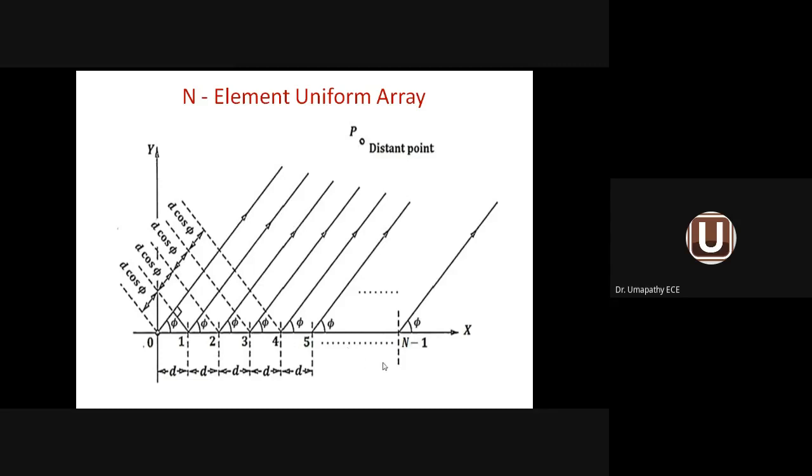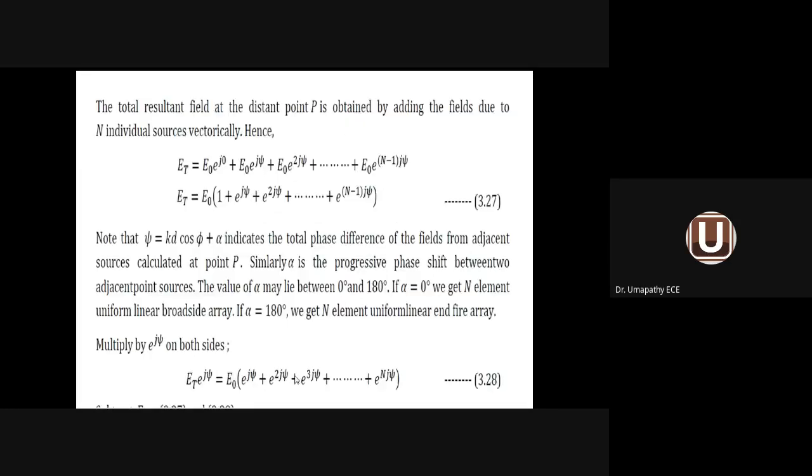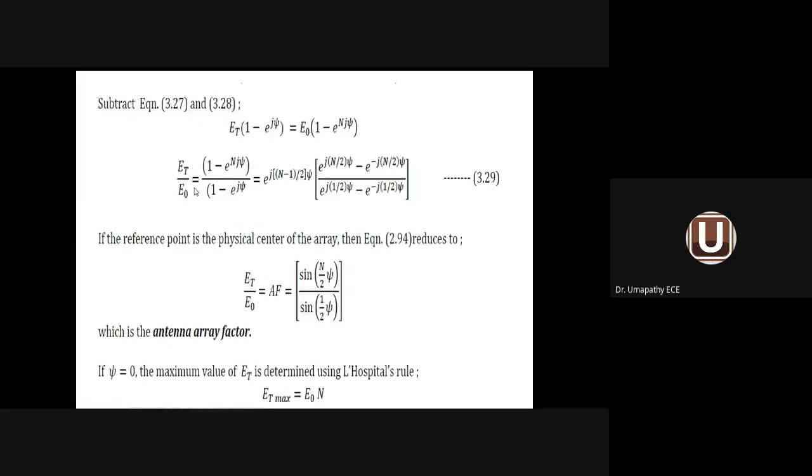So like that, we can calculate the path difference between the radiation of any antenna elements. So these are the points available here: n number of antenna elements, angle phi, path difference d cos phi, distant point P, x and y axis. We have an origin, and the distance between each and every antenna element is small letter d. This is called an n-element uniform array. Let us go to the calculation of total electric field strength. We have only 2 more slides for completion.